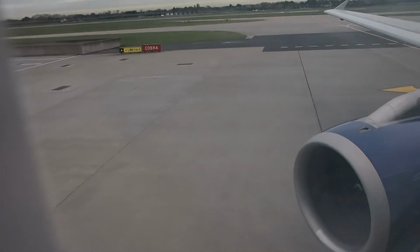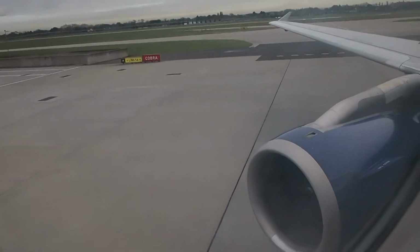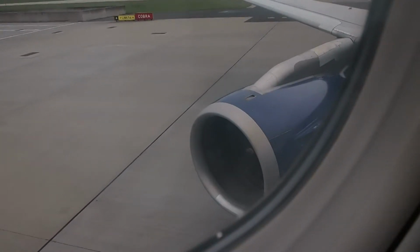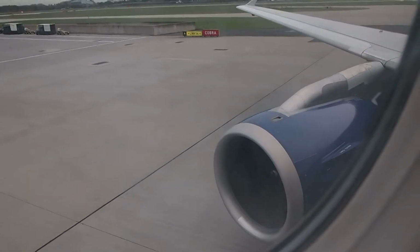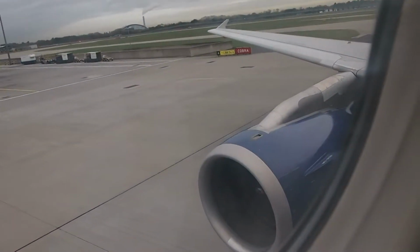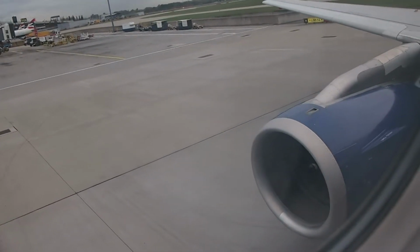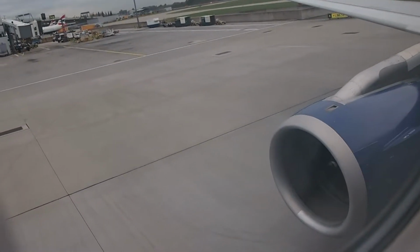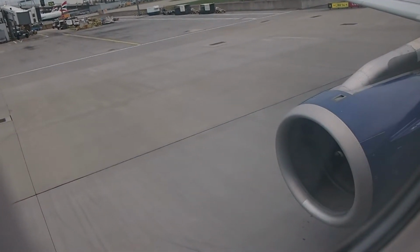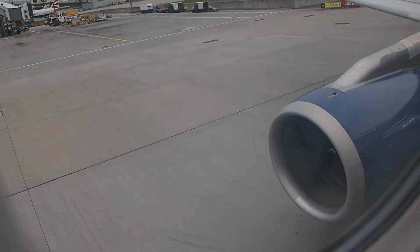So engine 1 is being started up, and the captain just pointed out that we'll be taxiing to the runway on just one engine, and then engine number 2 will be started up just before takeoff. So I'm trying to capture that on video. It didn't lock into place today, but hopefully it did. Yeah, it's okay. Should we go